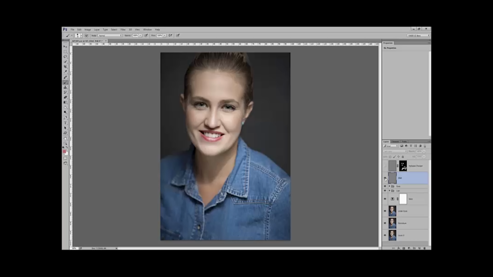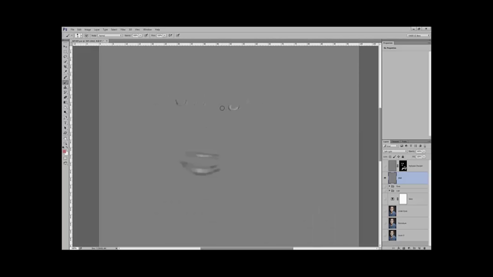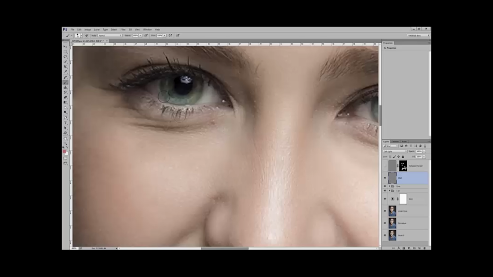This is before and after, before and after. Let me just show this layer alone. You can see the whole layer is gray except the contouring on the eyes. You can see I did the darker around. Let me show you where in the photo it is. See, I did lining around the eye, and then a few lines inside the eye